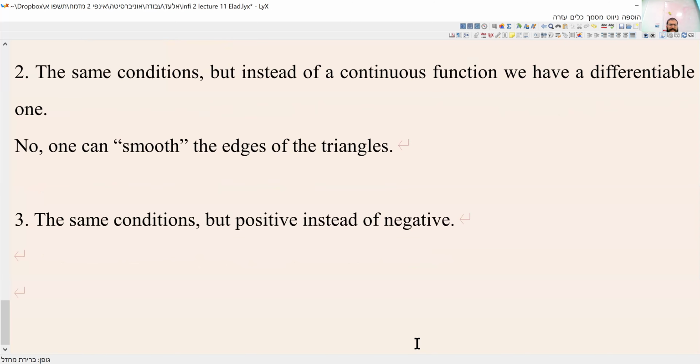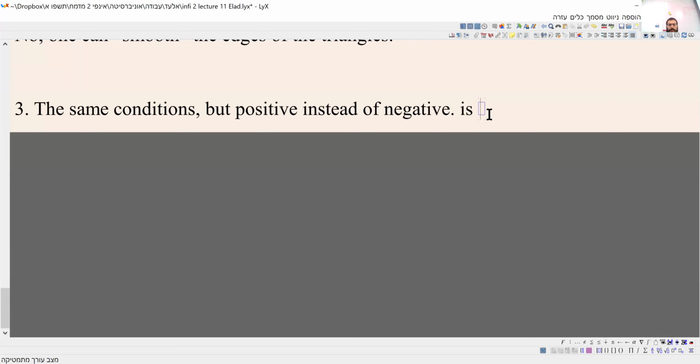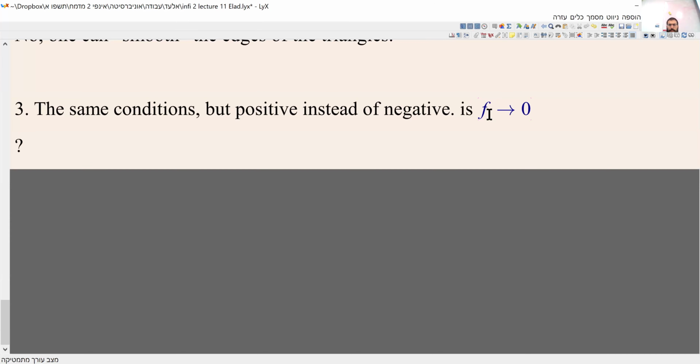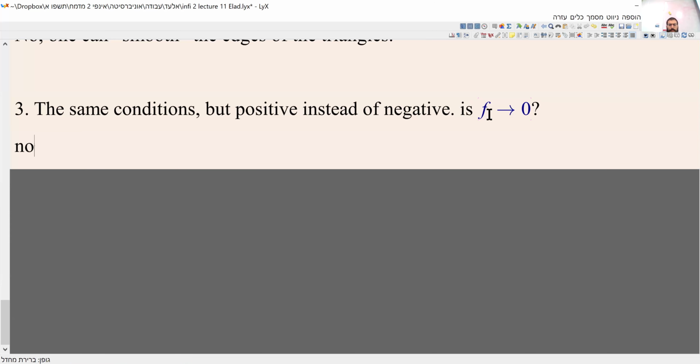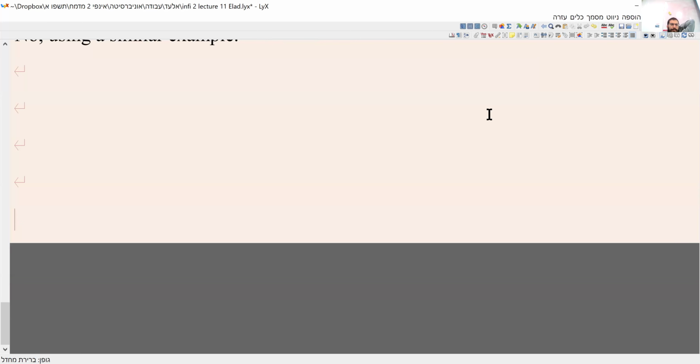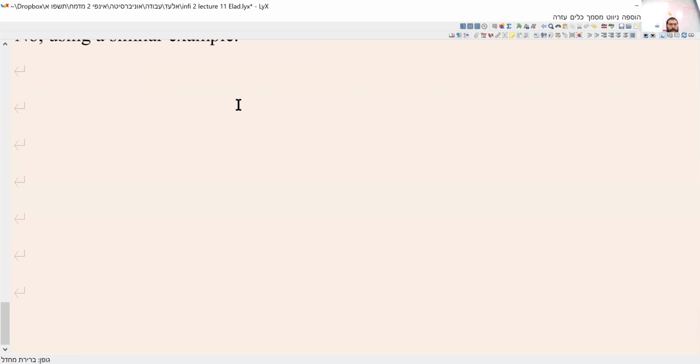Now, using the same... no, oh, the answer is no, f goes to zero. Now the answer is no. I mentioned, using a similar example, but the function should be lifted above the x-axis. So if we talk about drawing, it should look like